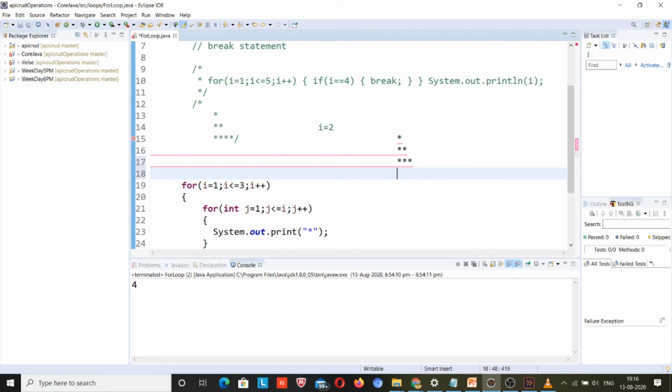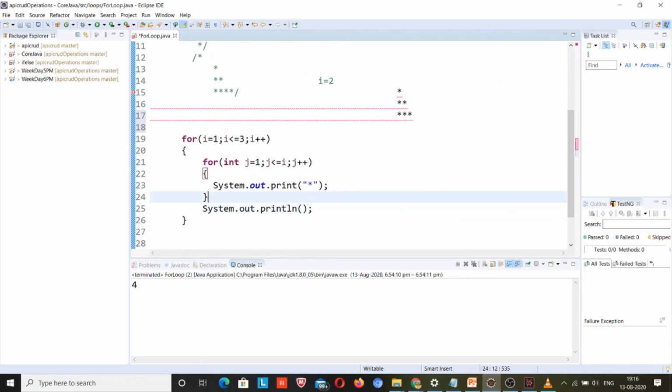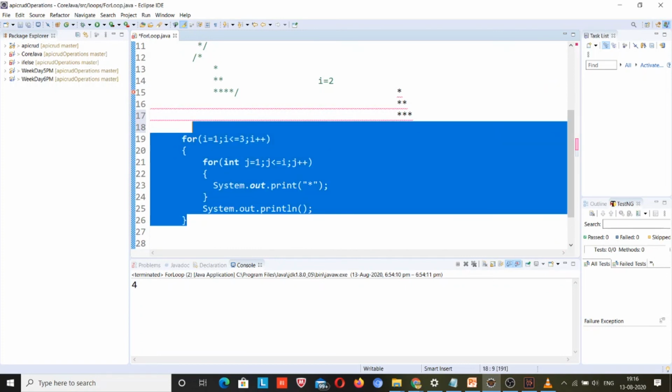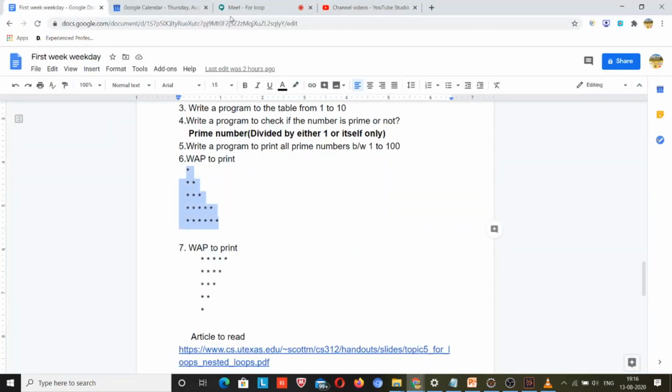Suppose sometimes we have to develop a logic where the cursor should stay in the same line after the code, so you have to use if else for that. In this way you can develop your own logic. I am just commenting this code, but I hope you should be able to develop this logic on your own.